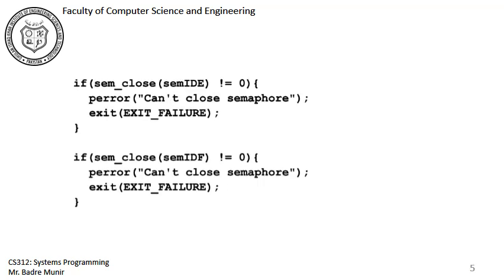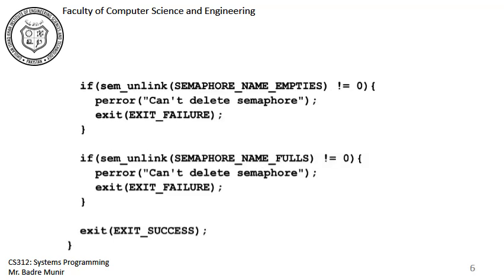After that, we have two calls to sem_close, one semaphore at a time. So over here we are closing the two semaphores. And after that, the consumer process is going to finally call sem_unlink. And notice in sem_unlink you have to specify the file name of the semaphore. sem_unlink must be called after sem_close. So we close both semaphores in the consumer process, and then the consumer process also happens to